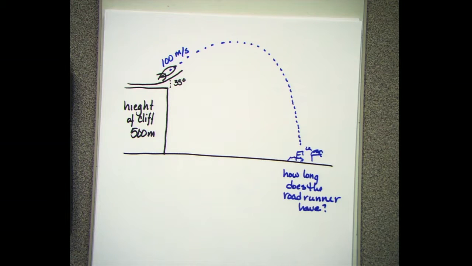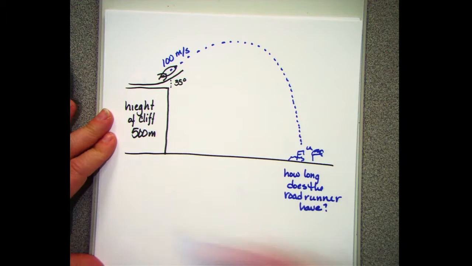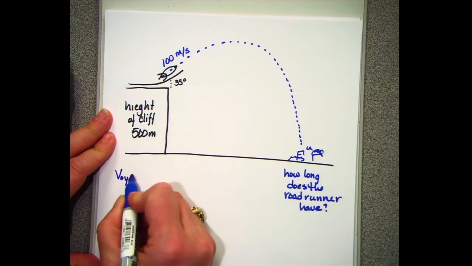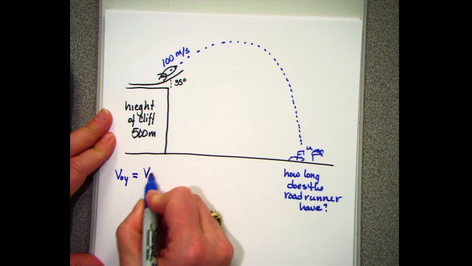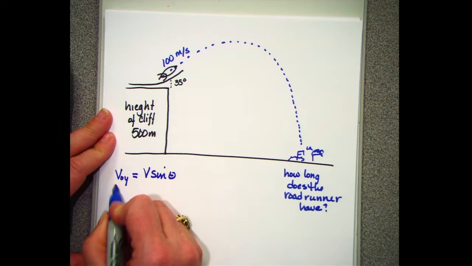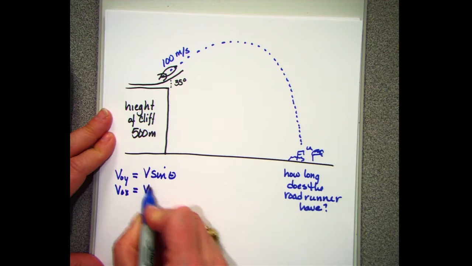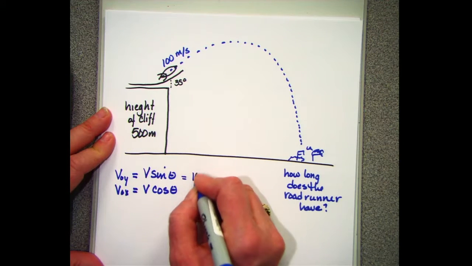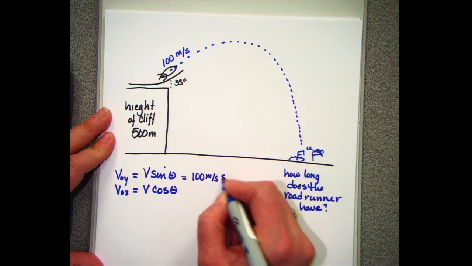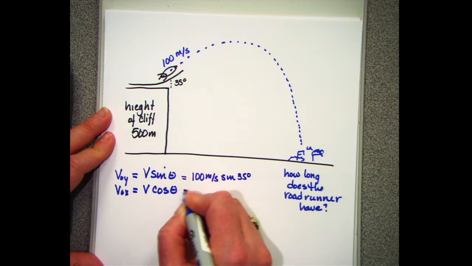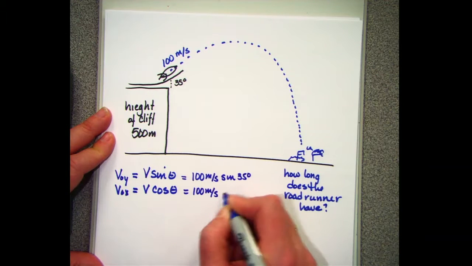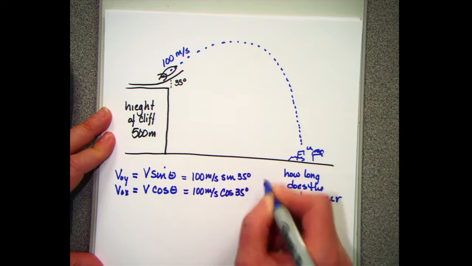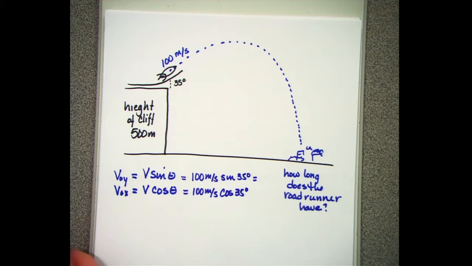Next part is, when in doubt, figure out the components of your vectors. So we know that the initial velocity in the y direction is going to be our initial velocity times the sine of the angle. And our initial velocity in the x direction is going to be the velocity times the cosine of the angle. These are independent variables that we actually get to work with. So I've got my 100 meters per second times the sine of 35 degrees, and 100 meters per second times the cosine of 35 degrees. And if I plug that into the calculator,